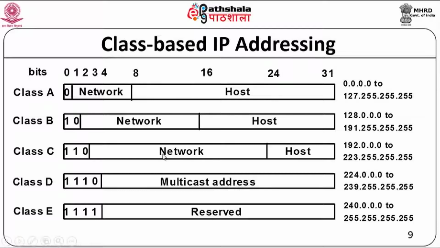Other than this, we also have support for multicasting. So multicast, remember, is for groups, right? You can have groups that are identified. So one address for each multicast group. So multicast addresses start with a prefix value of 1110, and the rest of the bits are used as the multicast address. The value 1111 is kept as a reserved address. So 224 to 239 is used for multicast addresses, and 240 to 255 are reserved.